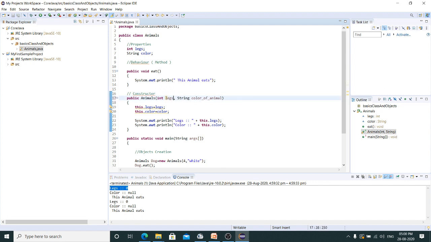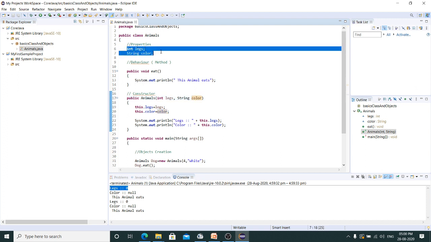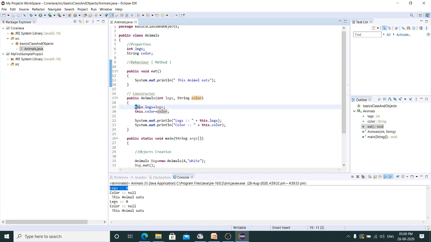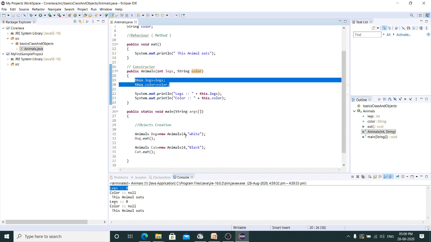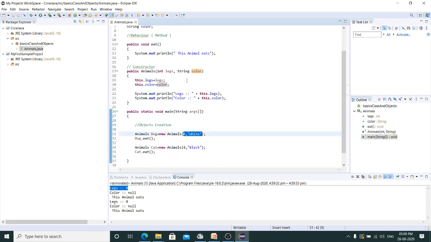Let me give legs here, because since it's a constructor we have to give the variables which we define here, because we are calling this dot legs, which will be picking up the ones which we pass.